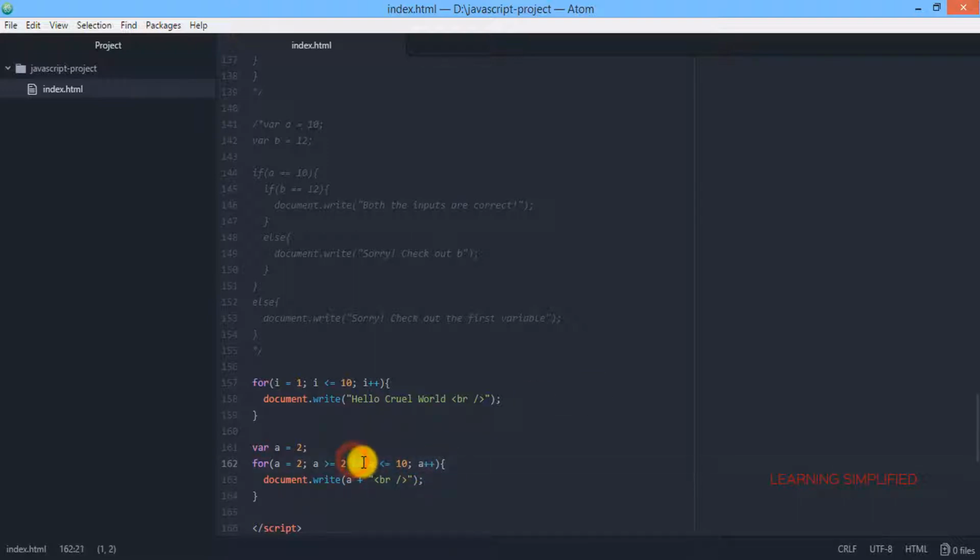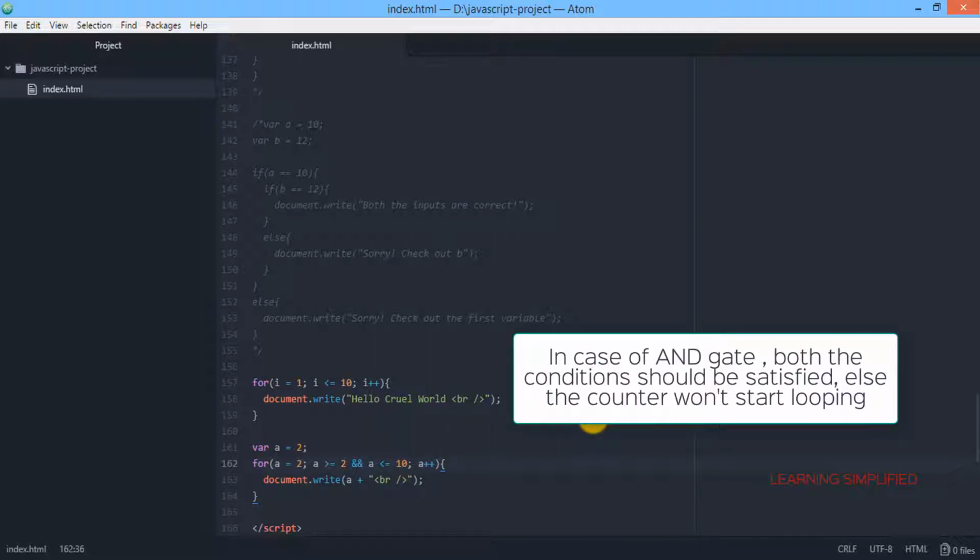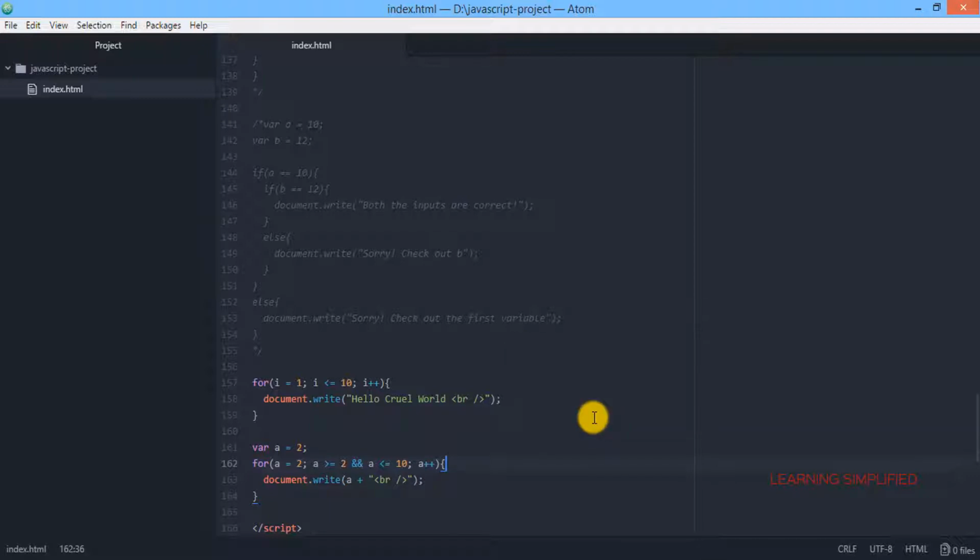So what are these AND conditions? Now these are practically some kind of gates. Here AND means both the conditions should be met. The value of a should be greater than or equals to 2, and on the other hand it should also satisfy the condition that variable a must be lesser than or equals to 10. If this condition is not met, then the whole system will collapse, the looping will be closed and no execution of your program will be seen at all. So this is what you need to know in the first case.